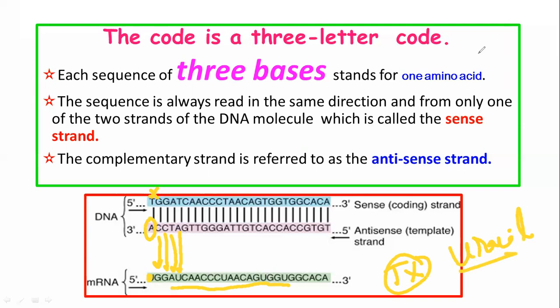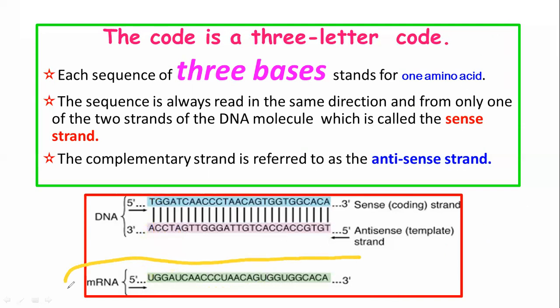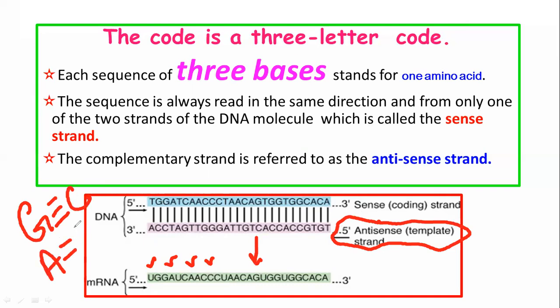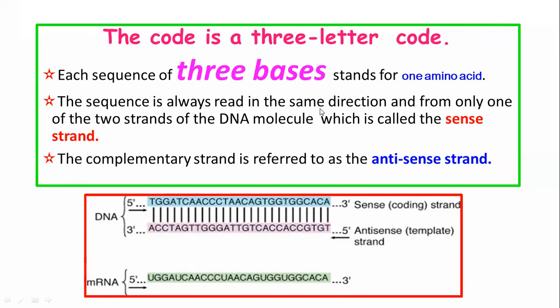I'm giving you 1 second to check that this messenger RNA has copied very well from the antisense strand, that the complementary strand which was newly synthesized is really copied well. All the complementary base pairs are over here, with the rule that guanine will always pair up with three hydrogen bonds to cytosine, and adenine will always pair up with two bonds. But now, because we are talking about RNA, we are talking about uracil over here. I hope you have seen and observed it clearly.